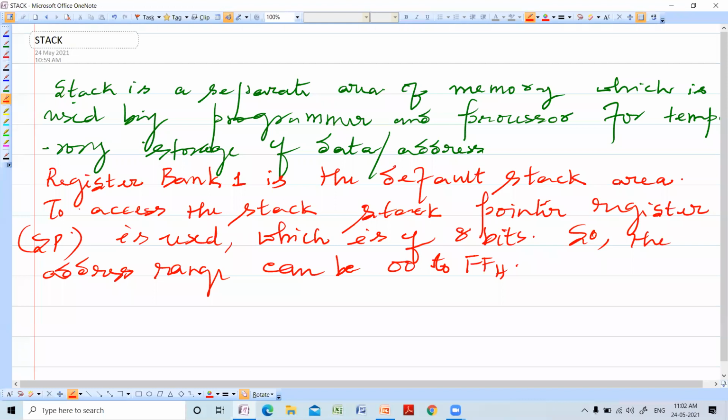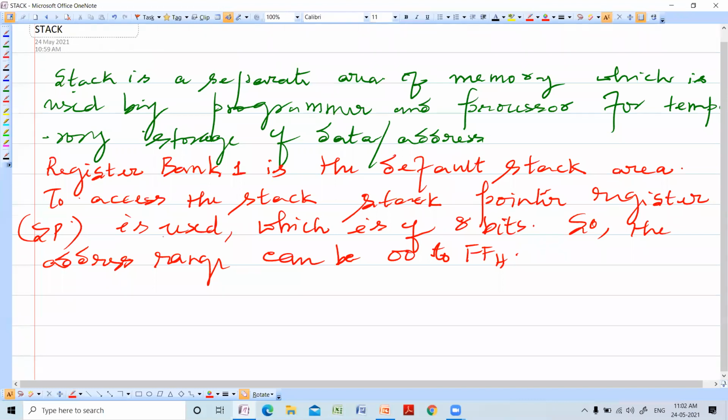Okay. So this is the stack pointer register.